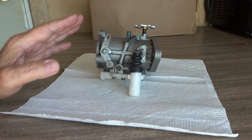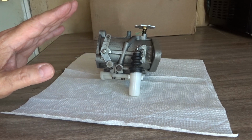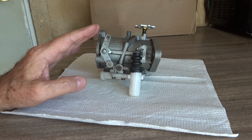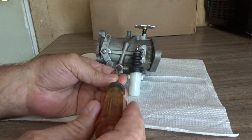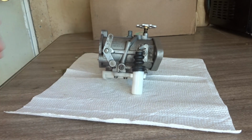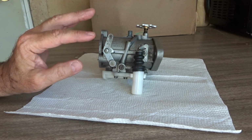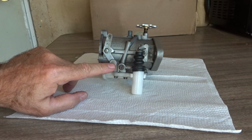Okay, next what we're going to do, we are going to take it out, take it right down to the block, and shift through first, second, and third gear, and I would bet you it's not going to get enough fuel. It's going to stumble, so that's okay. Turn it around. We're going to go back and adjust another 1/16 of a turn counterclockwise. Okay, we're going to crack the throttle in first, second, and third gear,